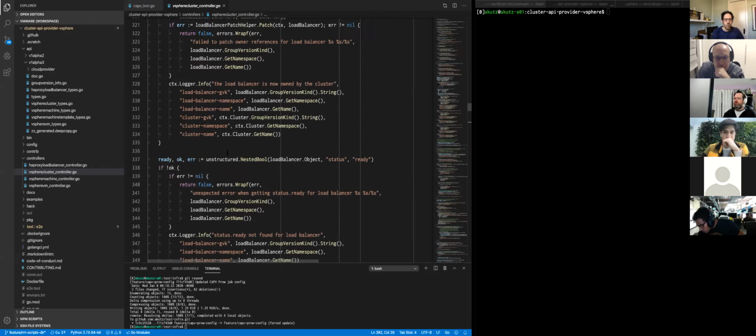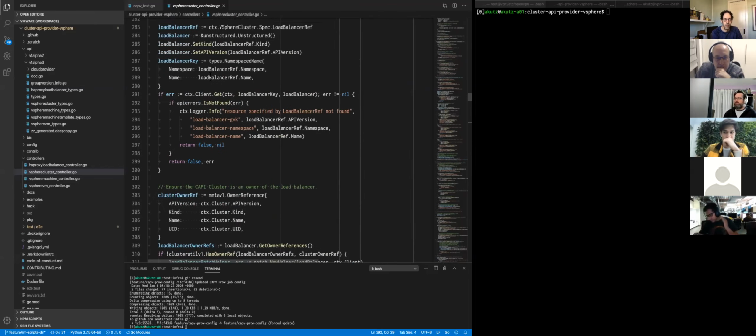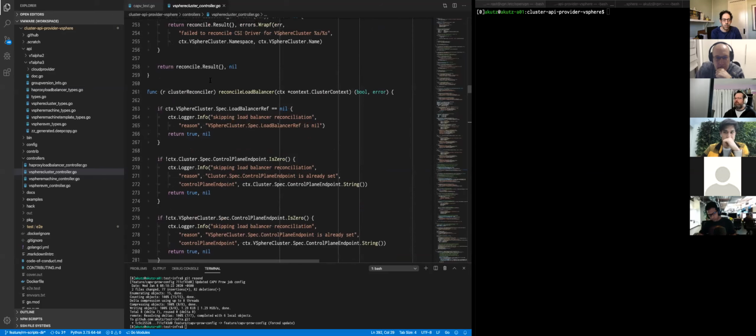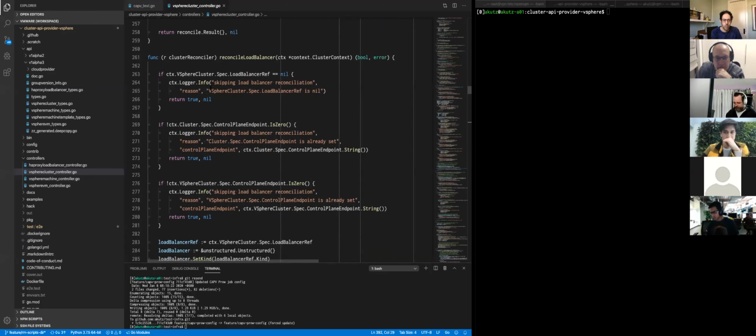So again, we're no longer ready. If there's a load balancer ref set, we're no longer ready until this load balancer has provided us an address. And so how does that, with something like HA proxy load balancer, how does it actually do the load balancing? Well,